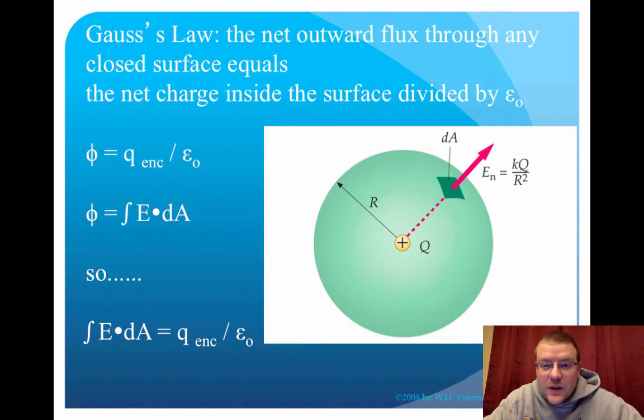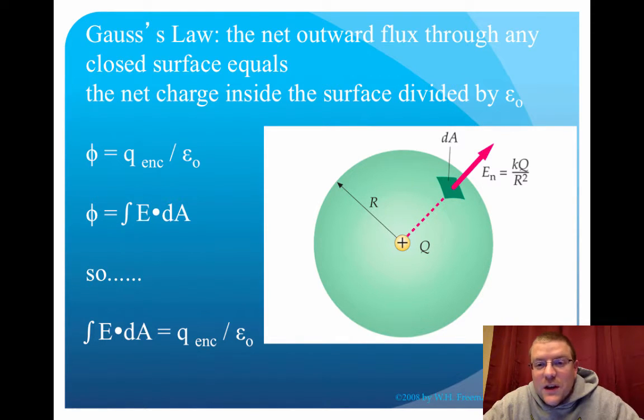So if you look at the picture in this slide, you can see that green is a Gaussian surface surrounding a positive charge. There are field lines going out in all directions, and the reason the net outward flux is positive is because the enclosed charge inside the surface is positive. E dot dA was one way to calculate electric flux, but we can also calculate electric flux just by knowing the charge inside. And the charge inside here is positive, so the positive electric flux is due to that